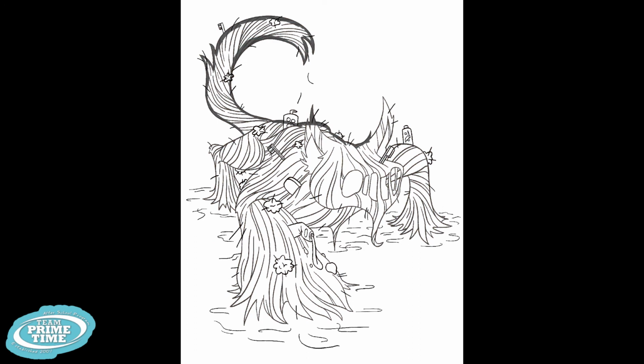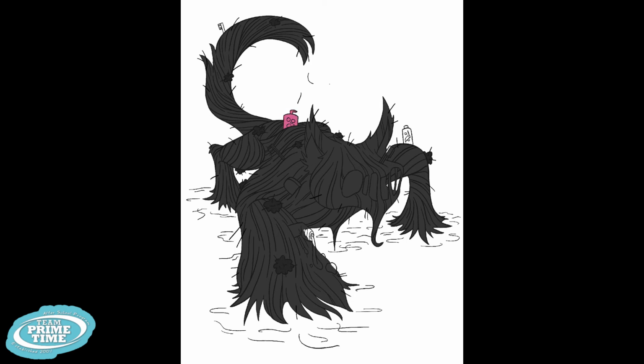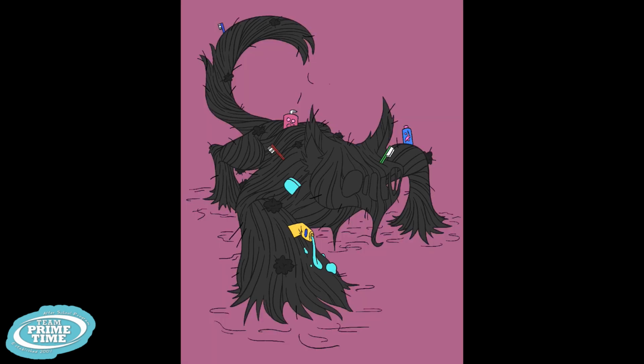After I finish doing the line work, I begin to go into the fun part of coloring. In the coloring process, I wanted to make the hair look black but not use a completely solid black color so I can still see the line work I made. To contrast with the dark gray that I settled with, I make the object sticking out of the monster a